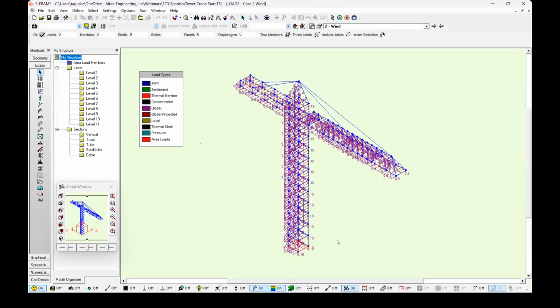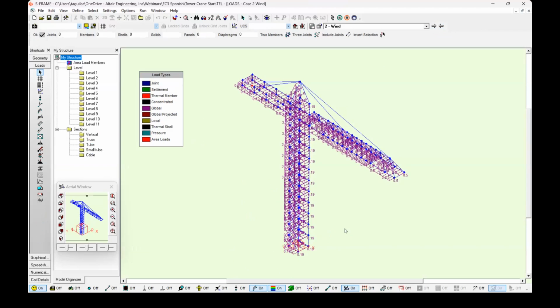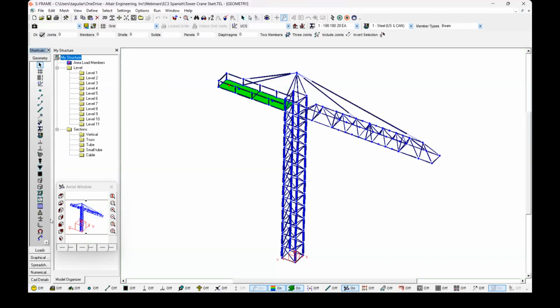And like I mentioned earlier, these wind loads were generated or calculated to match that of the Eurocode 3 wind load conditions. We don't have much else in this model because it's made to illustrate one specific design purpose. So once we have an idea of what the model looks like, we can go ahead and run an